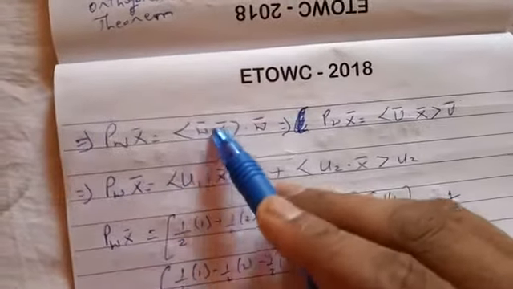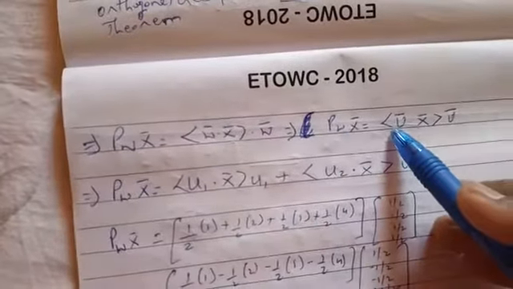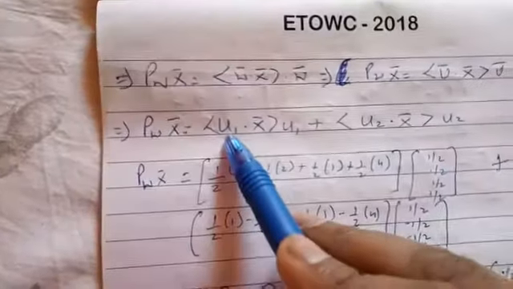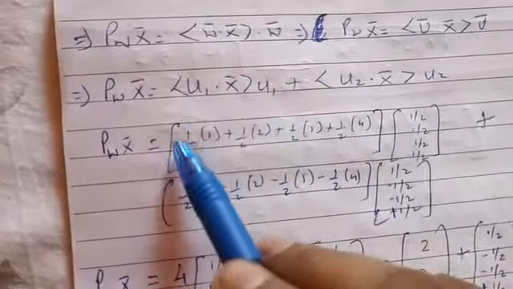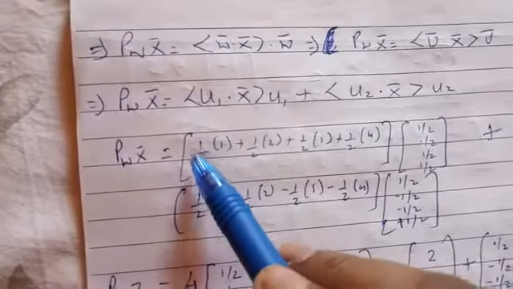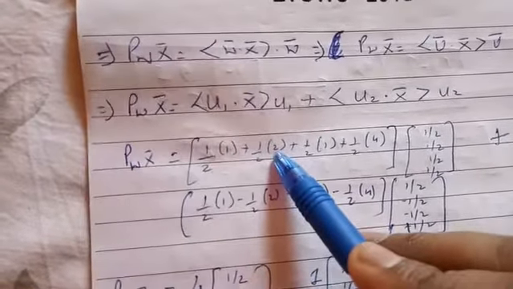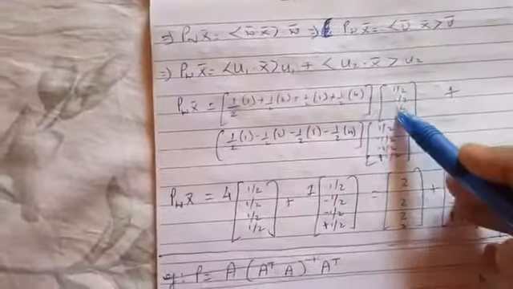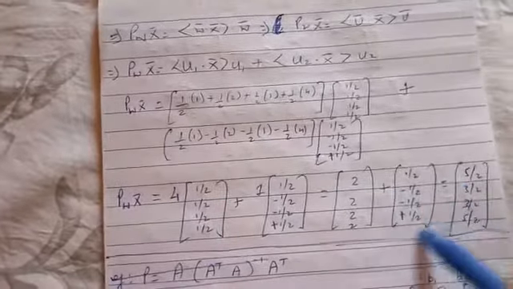So I'm now going to write this W bar in the form of the basis. So P_W x bar just becomes U bar dot x bar times U. I'm going to take the first basis U1 and the second basis U2, and they both will be added. Then I've done the mathematics here. U1 will be half, the first component, multiplied with 1, the first component of x, plus half into the second component of x, plus half into the third component, plus half into the fourth component, multiplied by the basis. Similarly, you do the mathematics for the second basis, and once you do that, P_W x just turns out to be this.